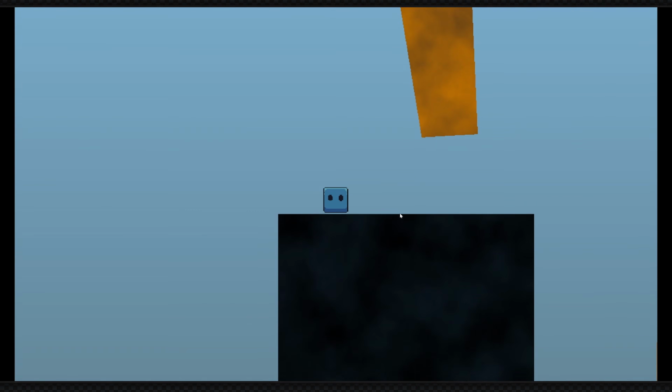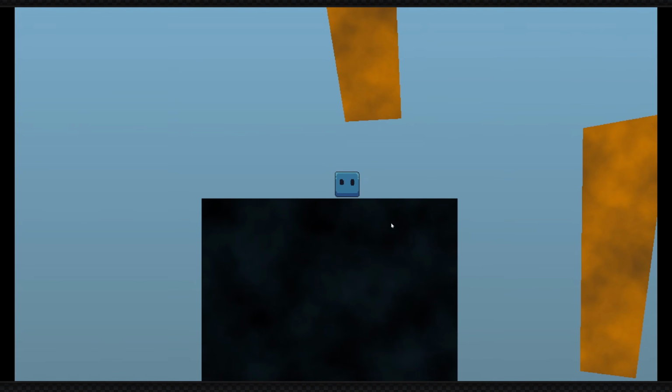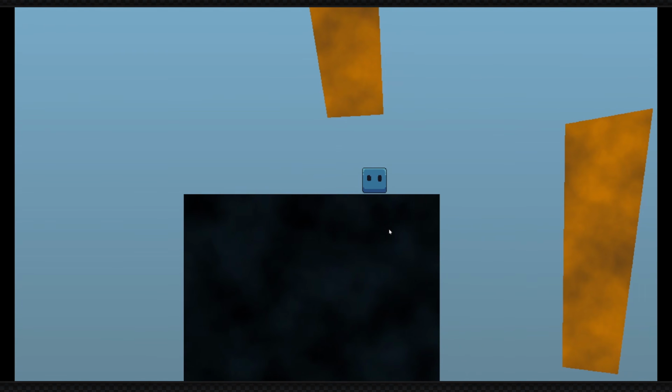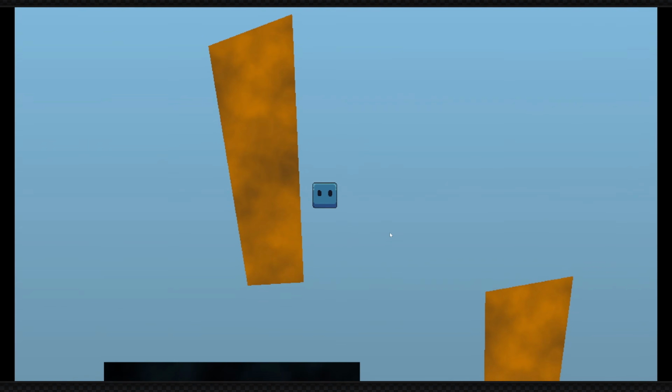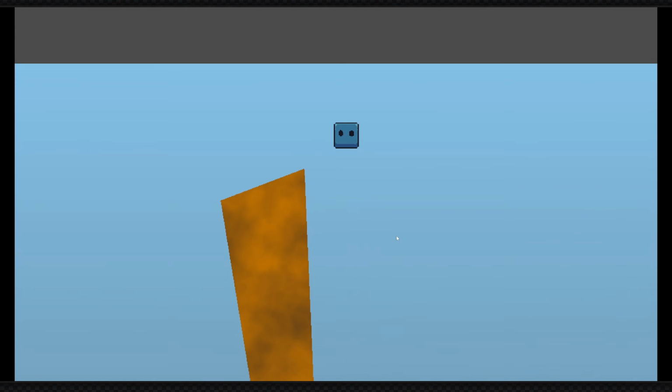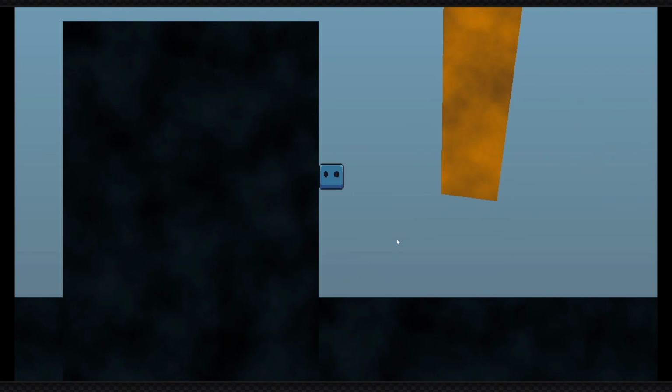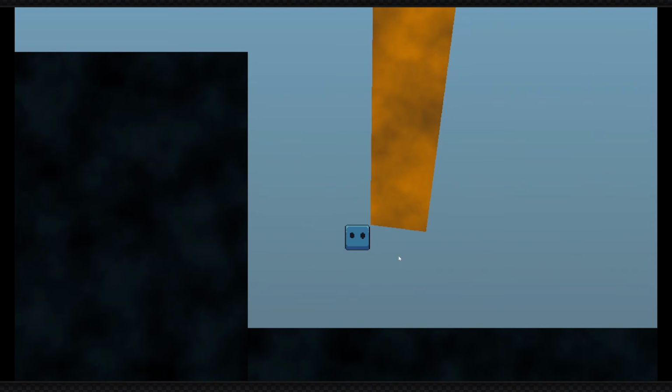The longer we press the jump key, the higher we're going to jump. All the collisions seem to be working correctly, and then we can also wall jump. And if we move into a wall, we should be able to slide on the wall, which will slow down our movement. We also have dashing implemented, so if you hold down shift, you can go faster,